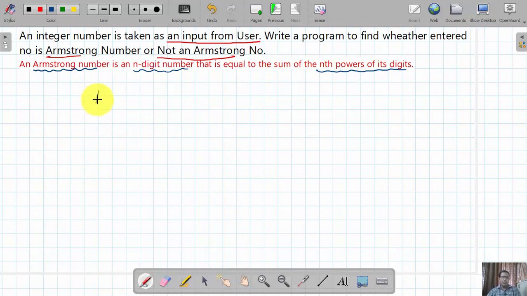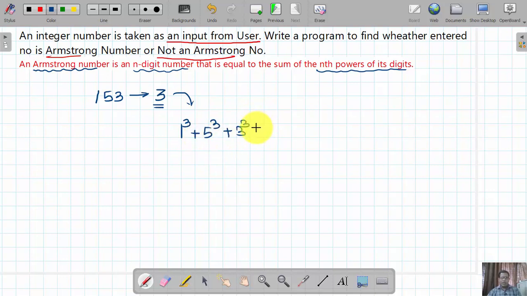For example, enter a number as 153. Here the total number of digits present is 3, and as there are 3 digits, we take the first digit cubed plus the second digit cubed plus the third digit cubed.